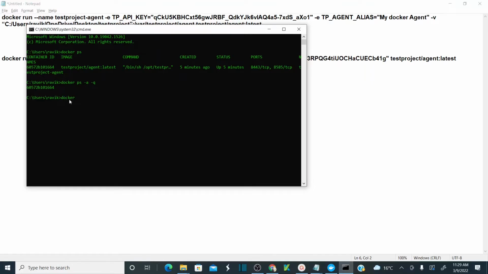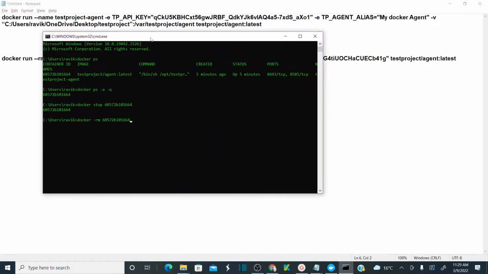Docker stop, provide the container ID. So it's going to stop the container, and then you need to remove the container. So it is stopping the container. It stopped. Now Docker rm